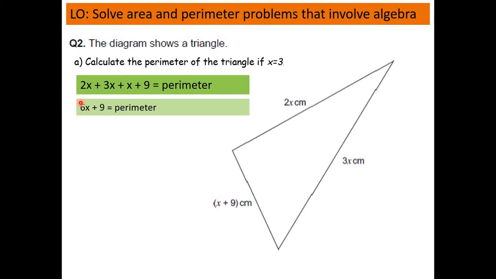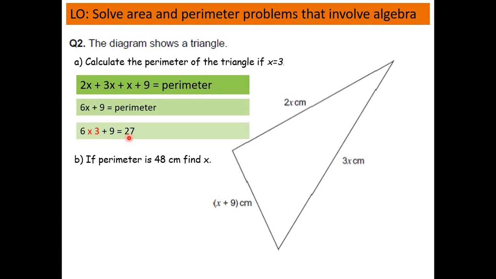So now we have that. We can now substitute in our 3. x is equal to 3. So it becomes 6 multiplied by 3 plus 9 equals 27. Because our 6 multiplied by 3 is going to give us 18. Add 9 is 27. Part B to this question is asking if the perimeter is 48 centimeters, we need to